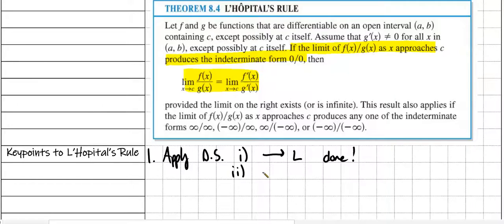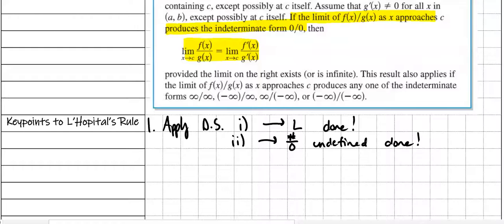The second thing that might occur is you may get a number divided by 0, which gives you either infinity or negative infinity, depending on whether the number is positive or negative. And that is undefined. But you're also done because you can't find the limit. It's undefined. Now,